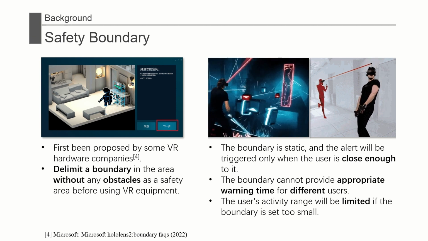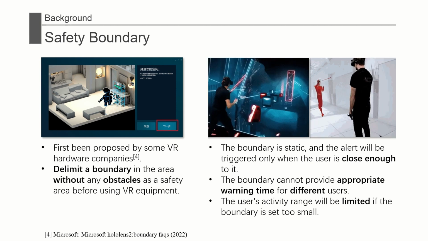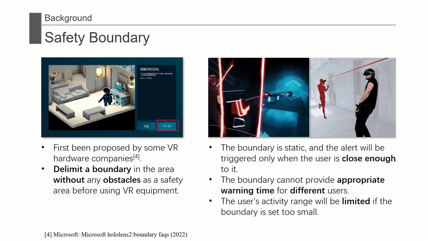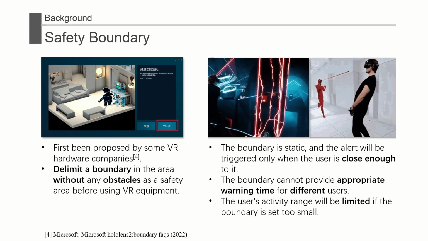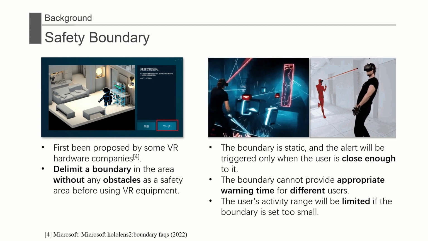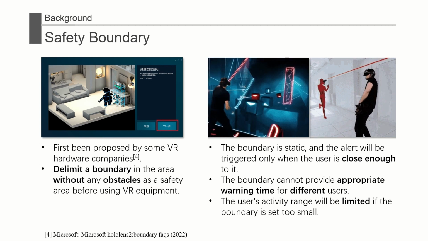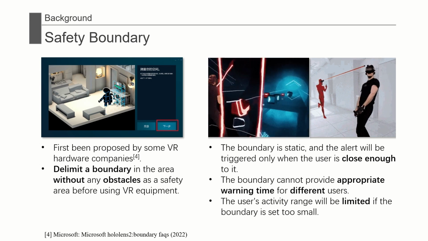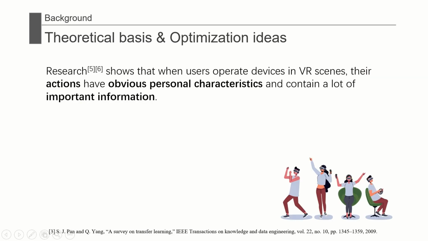However, the fatal limitation of this method is that the boundary is static, and the alert will be triggered only when the user is close enough to it, and the user will not be able to change the movement state in time. Also, the existing safety boundary cannot provide suitable warning time for different users, and the user's activity range will be limited if the boundary is set too small. Therefore, it is necessary to optimize the traditional safety boundary into a dynamic boundary that can provide timely warning for